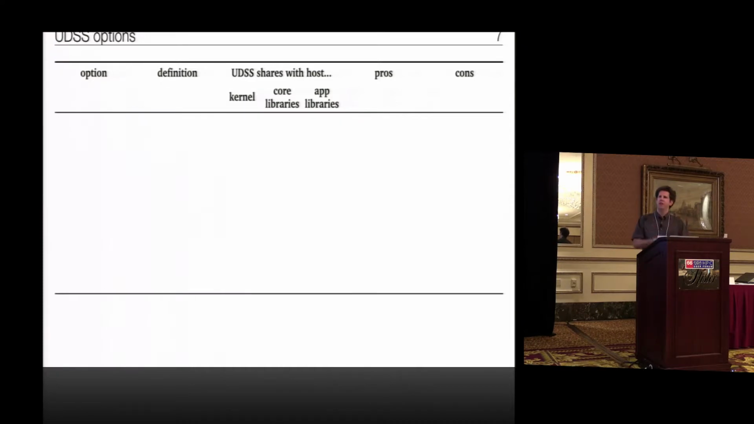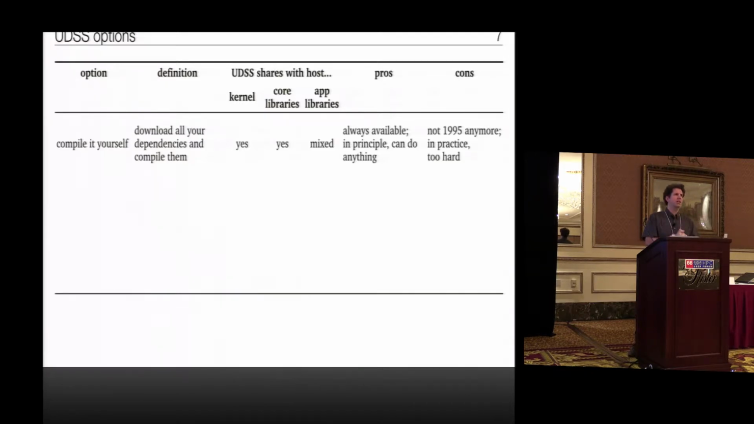We see basically 3 options for getting into user-defined software stacks. I'll just have a table right here. So one is compile it yourself. This is basically you download all your dependencies, you compile them, you share most of the stuff with your native host system. Advantages is that this is available almost everywhere. You can do anything in principle. Of course, in practice, this is getting very difficult,